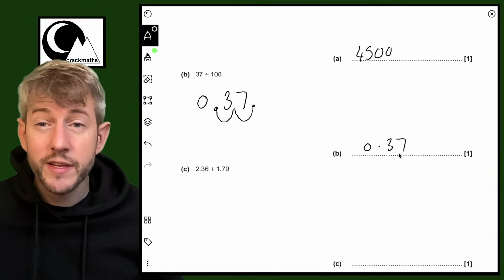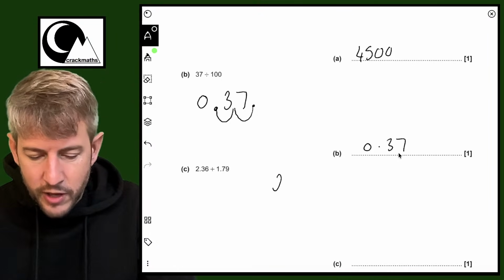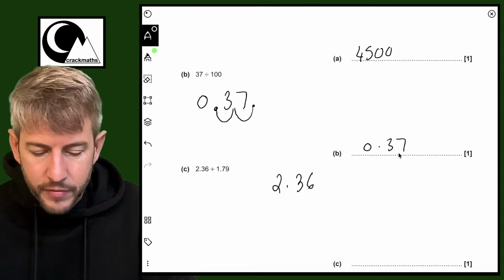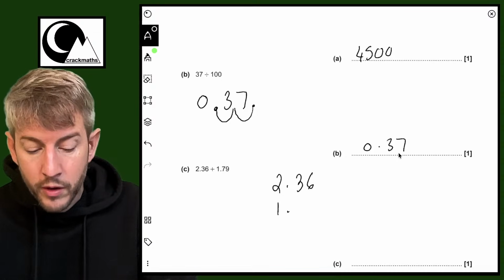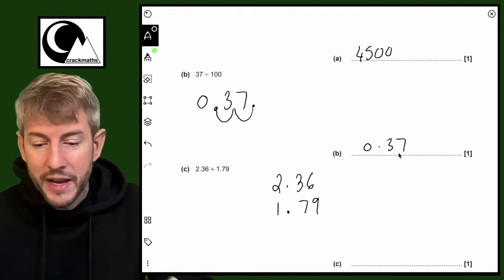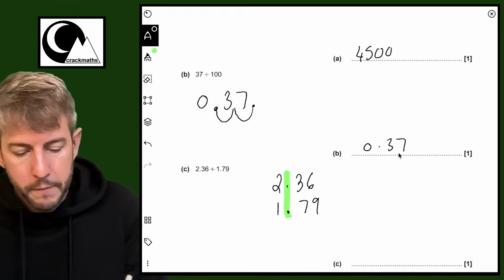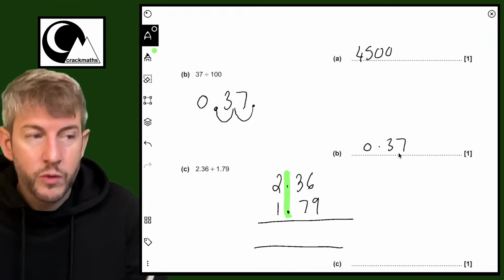Okay, question C. What we have is we've got 2.36 plus 1.79. So I'm going to put these together using the column method. So I'm going to write one on top of the other. So I'm going to go 2.36. And then underneath, I'm going to put 1.79. The main thing that I've done here is I had to make sure that the decimal points were lined up,